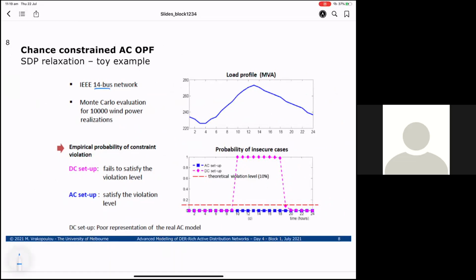Here on this axis you see the probability of insecure cases, the empirical probability, when we have tested for 10,000 wind realizations that we have not, of course, used in the optimization. And I show you two different formulations. The one here is the AC based on the SDP relaxation, and you see it has very low probability of having insecure cases. The violation level epsilon we had again at 10%, and again you see that it satisfies this theoretical